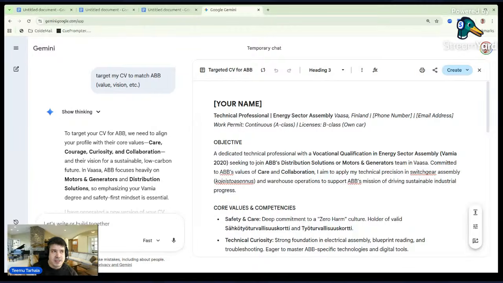And then when you have a CV done, like yesterday, we pasted the job description again and said, hey, create a cover letter to match this job description. It created a nice cover letter, but it sounded very robotic. It was crazy how machine sounding it was. Then we told it to make it sound like a human, and we told a bit about ourselves. And then we got a really nice cover letter.